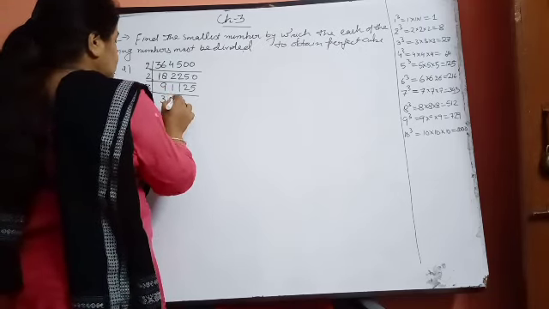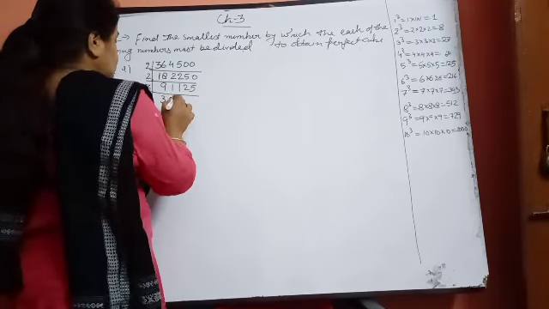See again by divisibility. 9 plus 7 is 16 and 7 plus 5 is 12. 12 plus 3 is 15 and 15 plus 3 is 18. Again it will be divisible by 3. 3 ones are 3, 0. 3 ones are 3, 3 twos are 6 and 3 fives are 15. 5 plus 2 is 7, 7 plus 1 is 8, plus 1 is 9. It will be divisible by 3 again. 3 threes are 9.